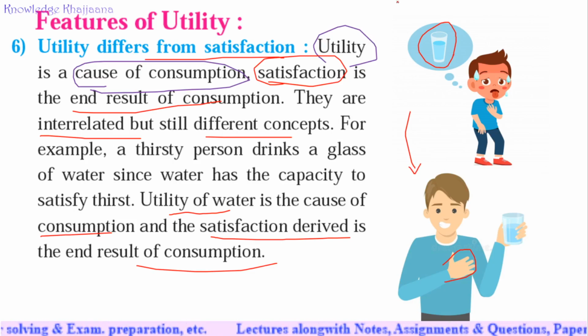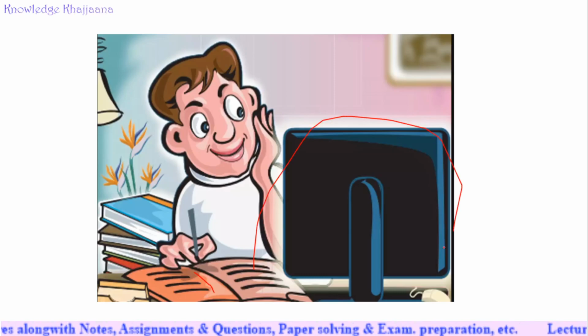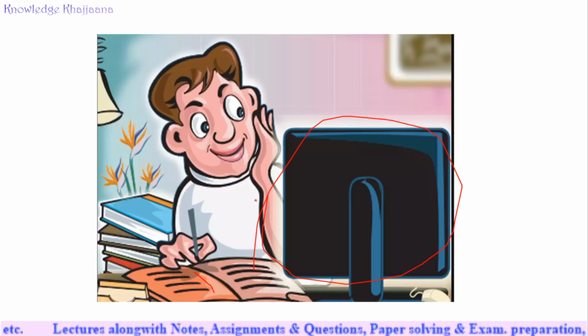Another example is books, right? See, these are the books. The books or my educational videos have utility hidden in them, right? There is utility hidden in the books or my educational videos which are shown on YouTube, on the internet. It has the utility hidden in it for the common students who want to learn. But it will give the satisfaction only after reading. When you read the books or when you watch the educational video, then only the satisfaction will be given to the student who is learning them.